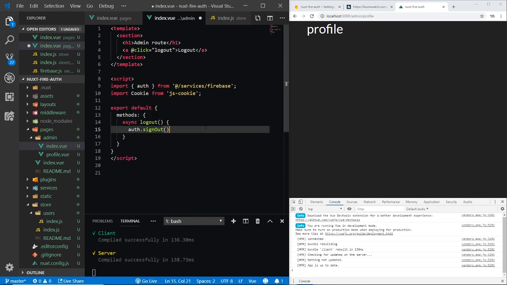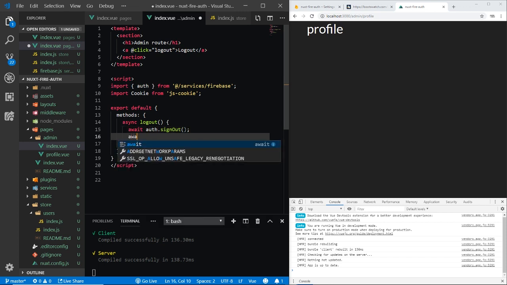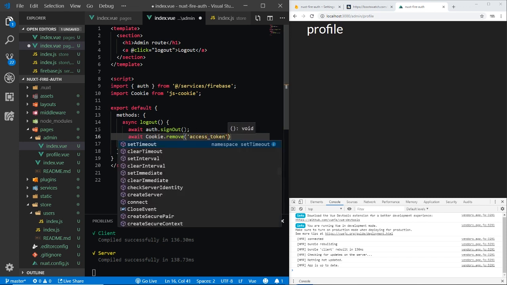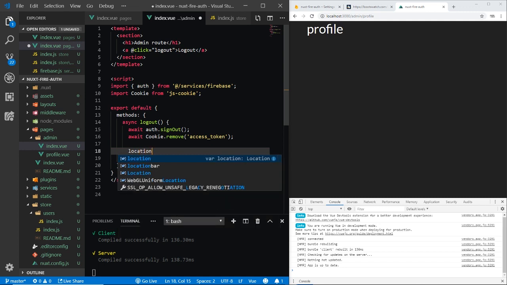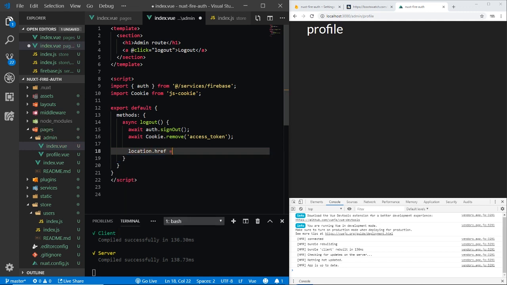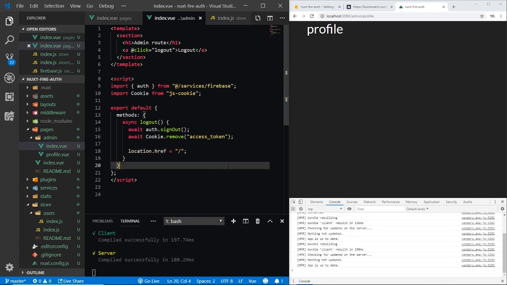And then the first thing we need to do is to sign out the user. So we can do await auth.signOut, and then we can do await cookie.remove the access token, because we don't need that anymore. And it's important that we don't send that in the request after the user has logged out. And then we can do a hard refresh, location.href equals that, so that we do a complete new request from the server. Save, and then